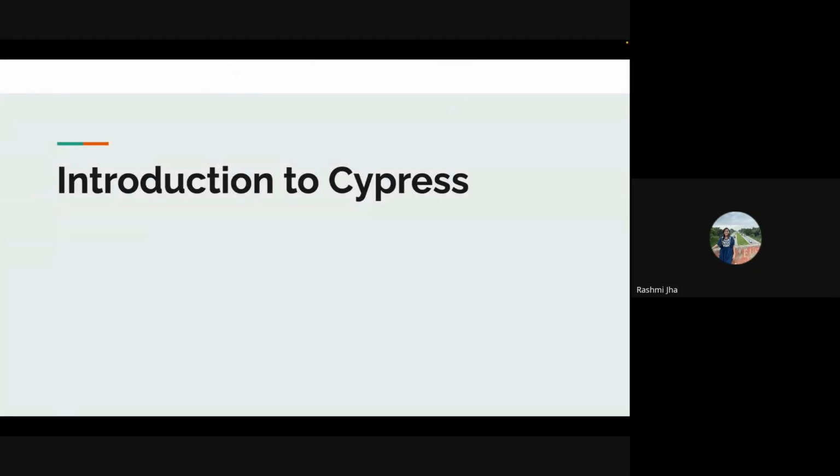So today's agenda would be: I'll give an introduction to Cypress, then I'll tell you about Cypress environment and usage, and what are its main features and limitations. Then we will learn about Cypress environment setup. After this, we will learn the basics of how to write and execute tests and its syntax. We will also learn about locators and commands in Cypress. Also, I will give you an overview of assertions in Cypress. So let me quickly start with its introduction.